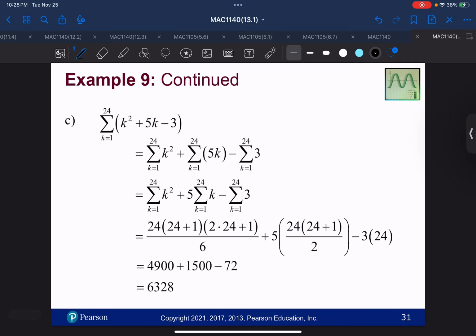The next example is the summation of k squared plus 5k minus 3, starting at k equals 1 and going to 24. So the first thing I'm going to do is separate this into 3 summations. Just by literally separating them, everything else stays the same. And then I can use my formulas. So the one for k squared,